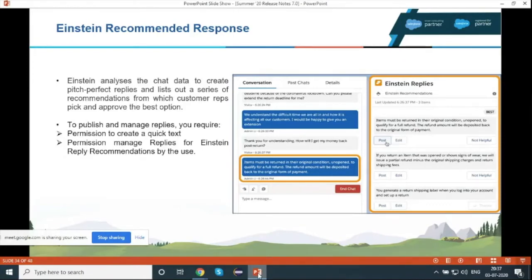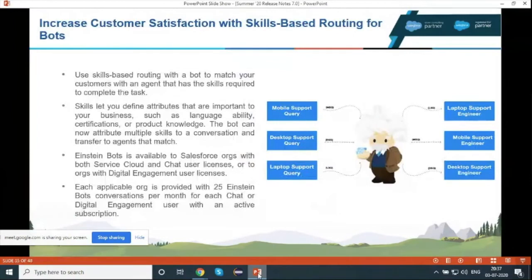Now Einstein is so powerful, it keeps giving suggestions in between the chat, and those suggestions are so precious that if I use those recommendations, the issue can be solved easily. These recommendations come from previous chat transcripts. The user needs to publish those transcripts, and it works like a quick text.